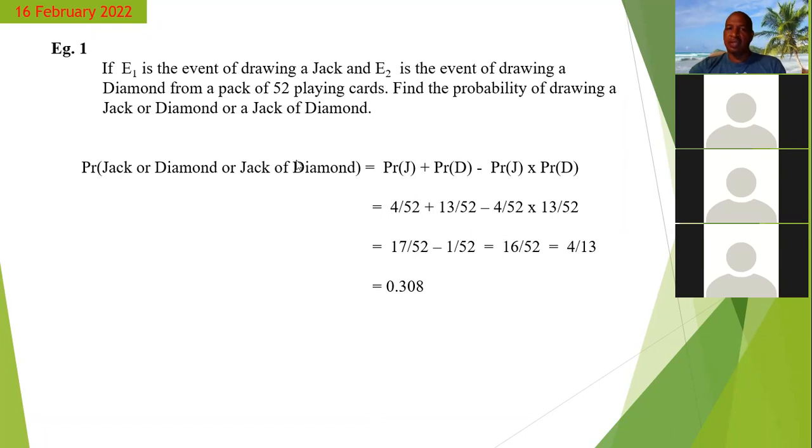So what we do now to get rid of this overlapping, we add the two probabilities, 4 over 52 plus 13 over 52, and then find the product of the two of them, 4 over 52 times 13 over 52. And then once you simplify the sum, we get 17 over 52. Once you simplify the product, we get 1 over 52. So we subtract 1 over 52 from 17 over 52, we get 16 over 52, which